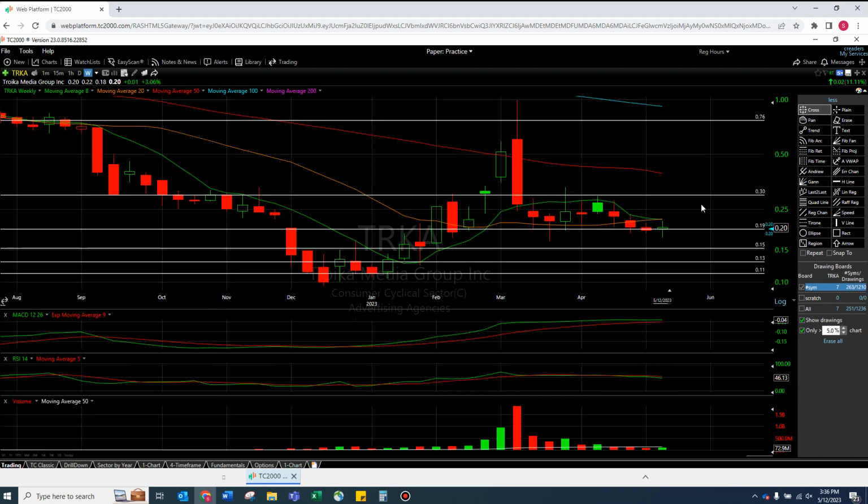This is an interesting weekly, all right? First off, let me just call this out, and I'm sure we'll see it on the daily if I zoom out a bit. This stock knows how to go up for weeks, literally from January till March, like months, if you look at it. And over the 8 and over the 20 is good, I'm telling you. Unfortunately, we've just kind of been dancing with it and a little bit under, but